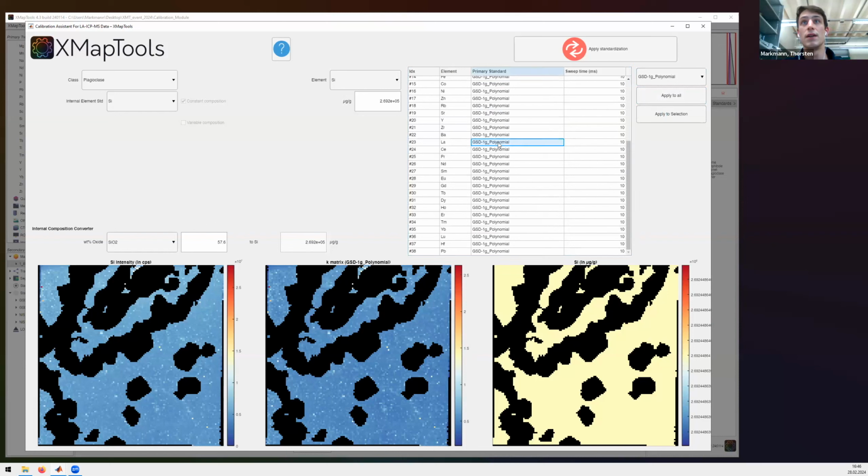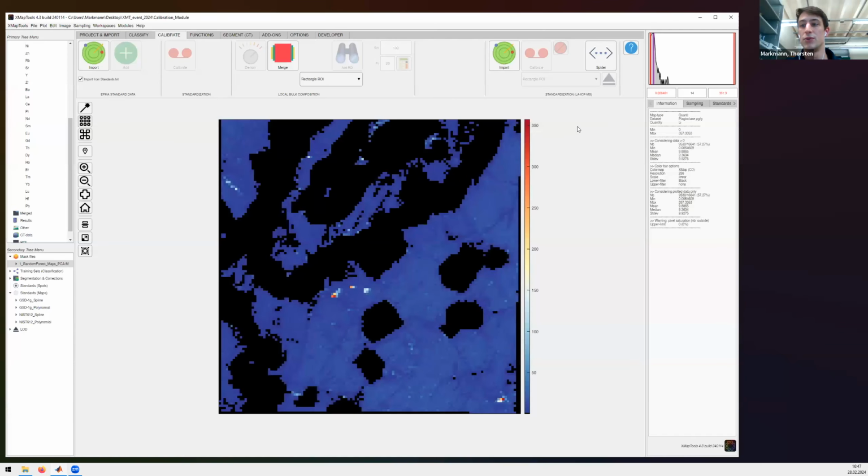In this case, and I give you an example here, I could select lanthanum to hafnium, and I want to calibrate this with the NIST 612 glass instead of the GSD. So I'm selecting this, and I can apply this setting to the element list, and now the calibration will perform major elements, for example, on the GSD1G, and this range of trace elements with the NIST 612 glass as primary standard. If I'm satisfied with my selection, we simply say apply standardization, and we come back to the main menu